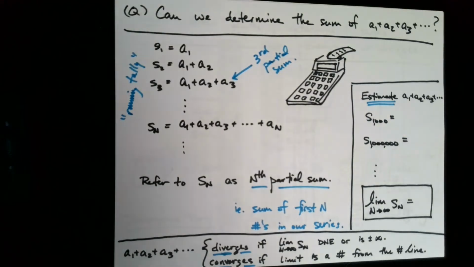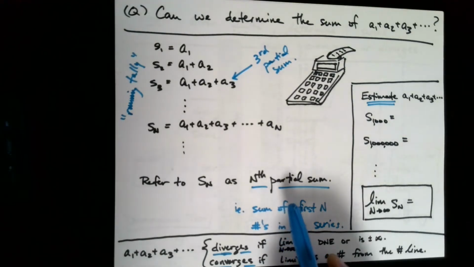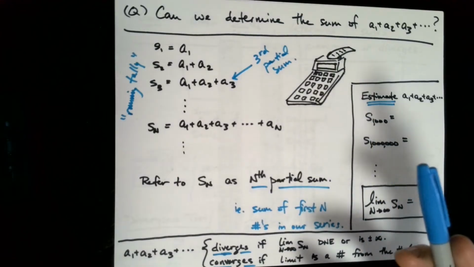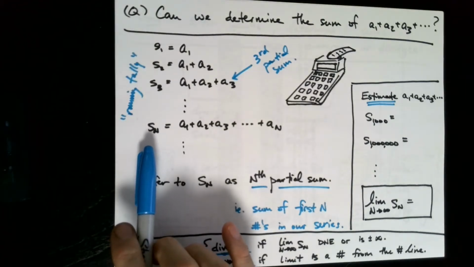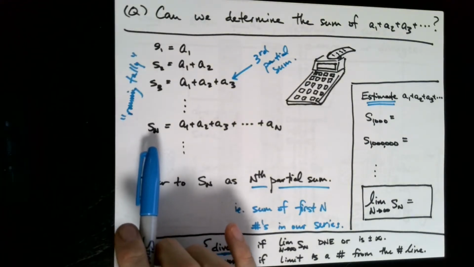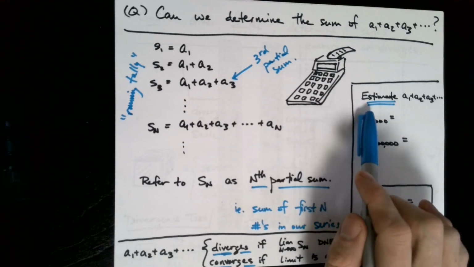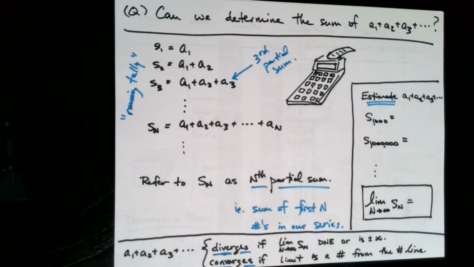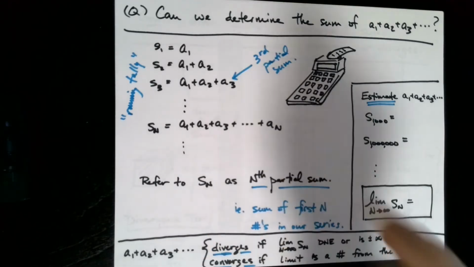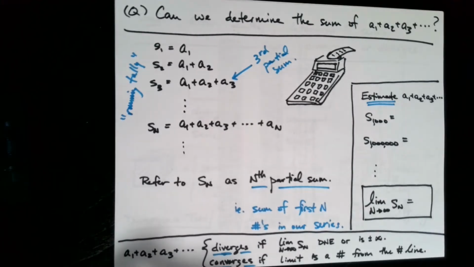Now, a partial sum is cool, but what does that have to do with adding up infinitely many numbers? What it gives us is a concise way to talk about the sum of the first however many numbers. Think about this: if you want to estimate this sum, or if you asked an accountant to estimate the sum, what they might do is hammer away on their calculator for a day or two or three, and after they get a million numbers into the sequence, they could tell you how much a million numbers added to,